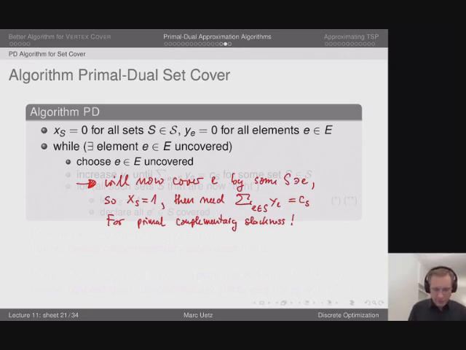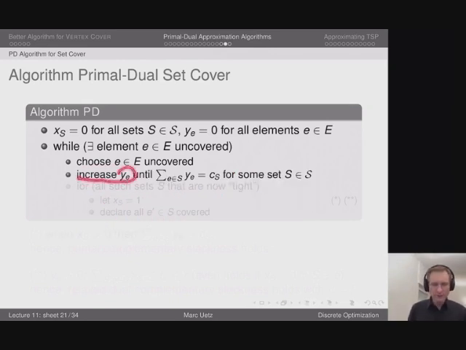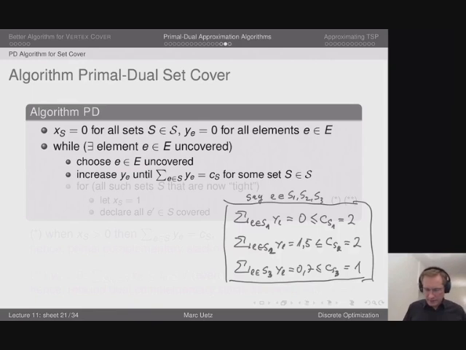Well, remember we choose an element E, and now we do the following. We just increase the corresponding dual variable YE from its current value until one of the constraints gets tied for some subset S that contains element E. How do I do that? Well, this element E that I have chosen appears in some subsets. So just for example, say this element E appears in three subsets S1, S2, S3,